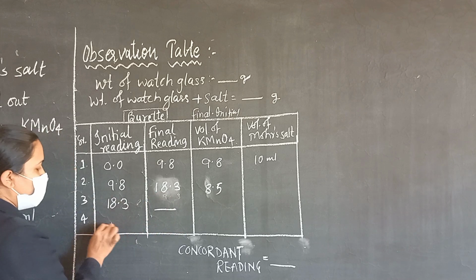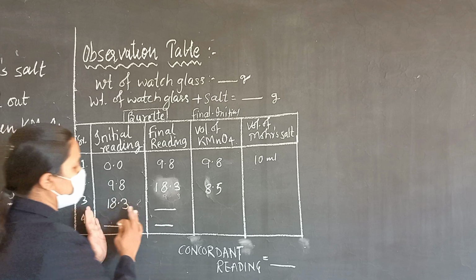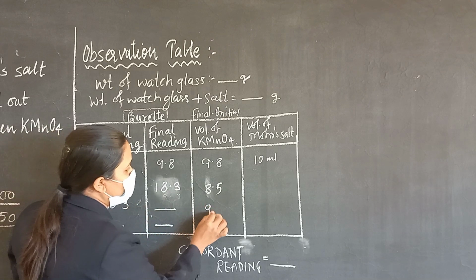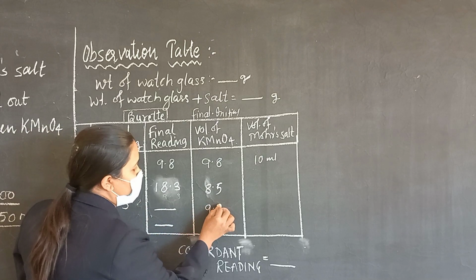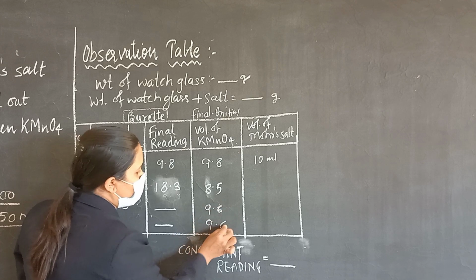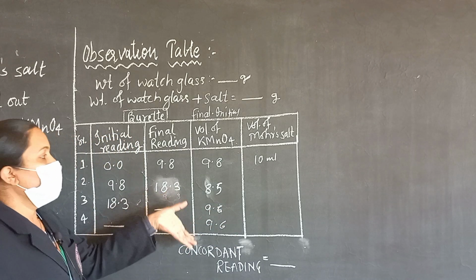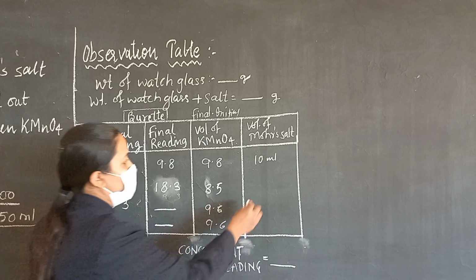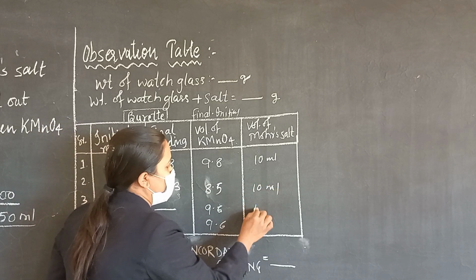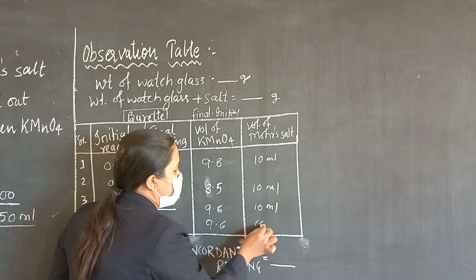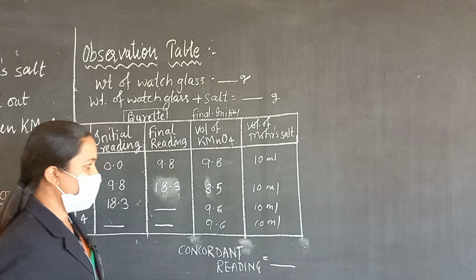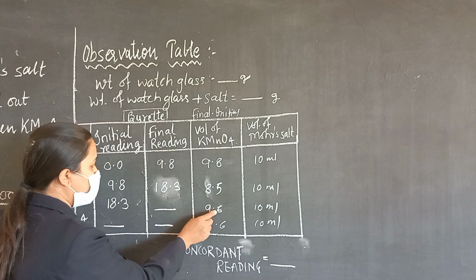Then, as you got the value 8.5, you will take the third reading. The third time, the initial reading would be this one, and whatever final reading you get, you can note down there. With final minus initial, you can get the volume for the third reading, and the fourth reading also, right? And every time we will consider Mohr salt as 10 ml. Now students, after taking four readings,